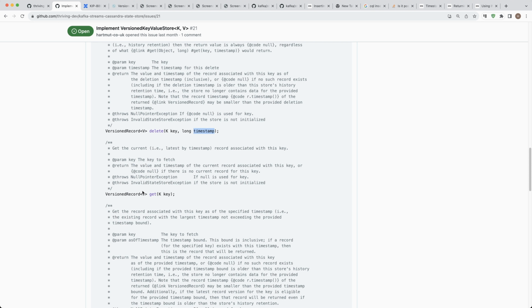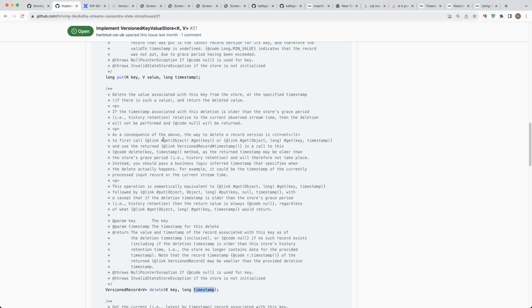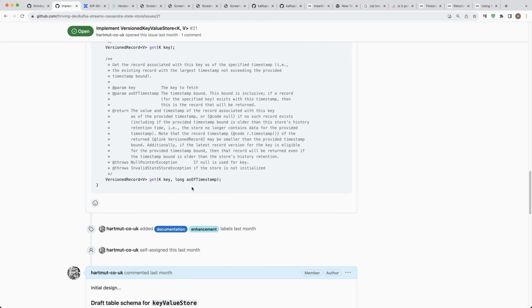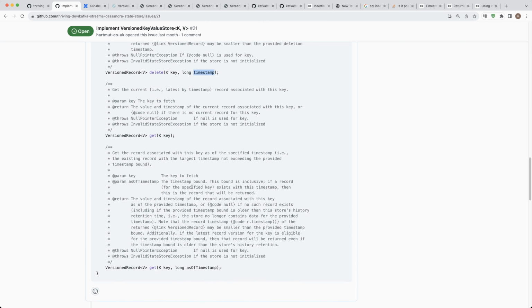We have verified or established all of the processes to retrieve data and also to put and delete data, either the latest values or point in time values. And so I think from that